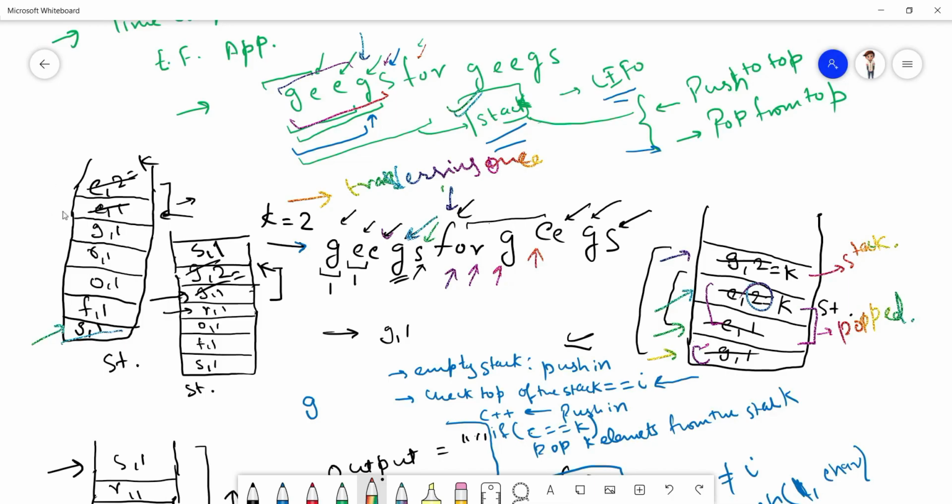When we came over to the last E, we see that the top of the stack is equal to E, and as we increase, the counter becomes equal to k, right? So the counter became equal to k, so we popped the k elements from the stack, right? So k elements were popped and